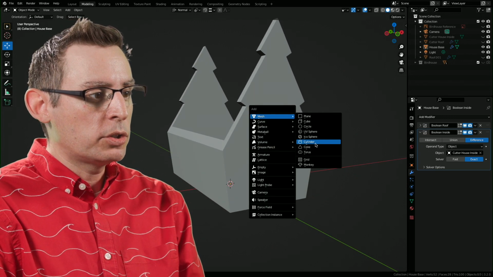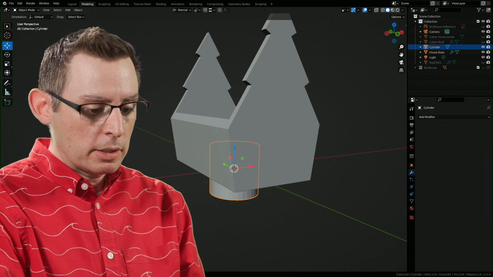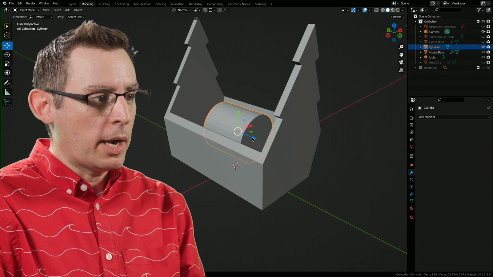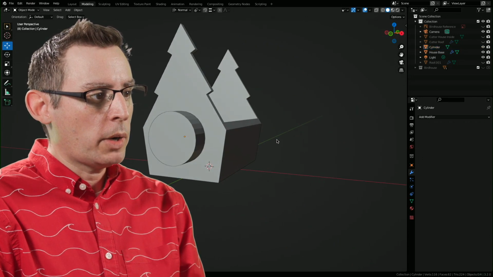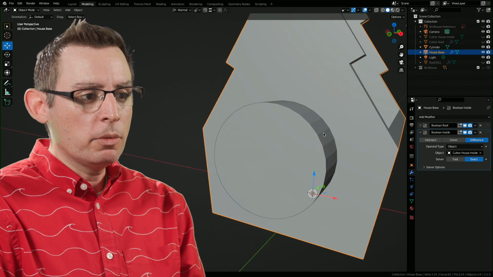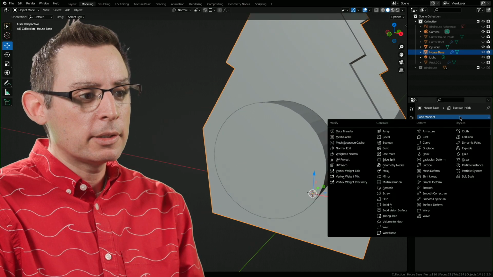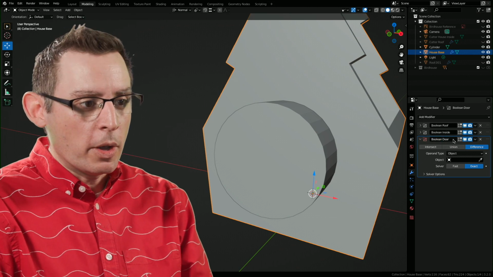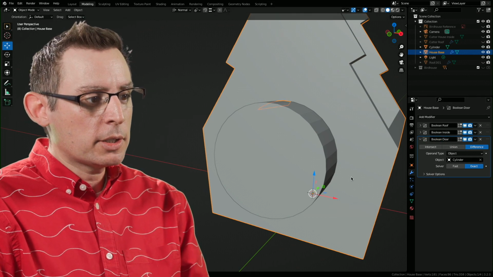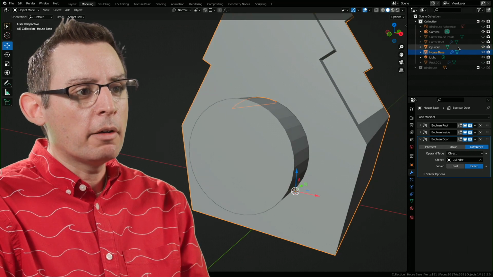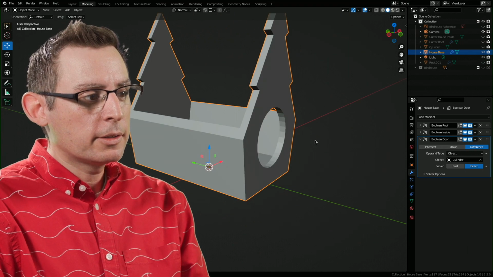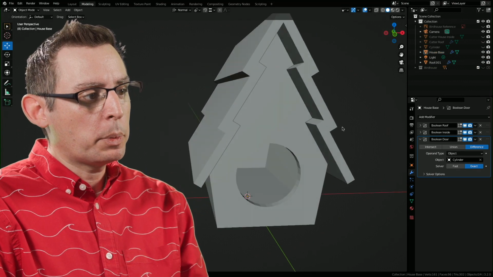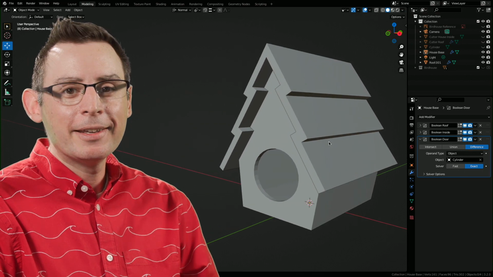All right, one more to go, and this is going to be an easy one. We're going to add in just a new cylinder. I'm going to rotate it 90 degrees along the x-axis. Let's put it in a spot here, because I want a little space for my bird to come in and out of. Somewhere right around there. Sure, why not? And as one might imagine, we're going to add a third Boolean into the mix. This is the kind of door, if you will, for our bird. Let's select the object. Turn the visibility of that cylinder off. And there it is. If we turn our roof back on, we now have a near finished little birdhouse that was constructed almost entirely using Booleans.